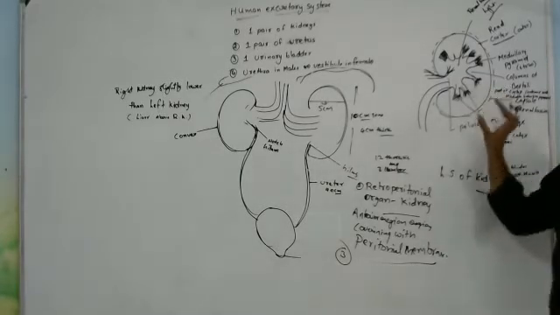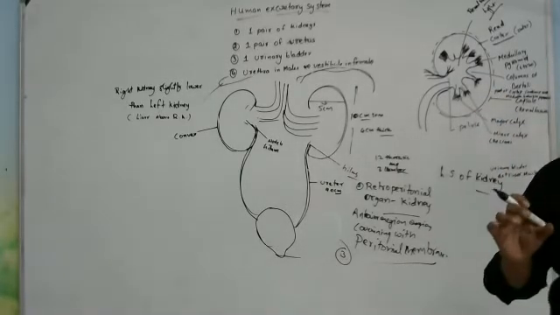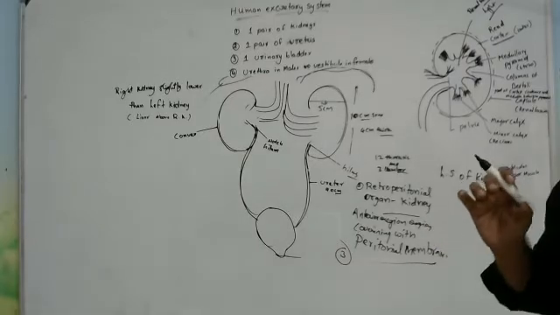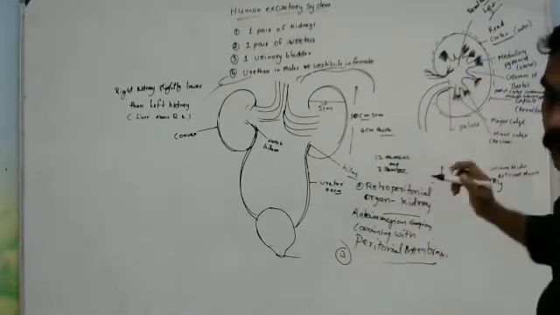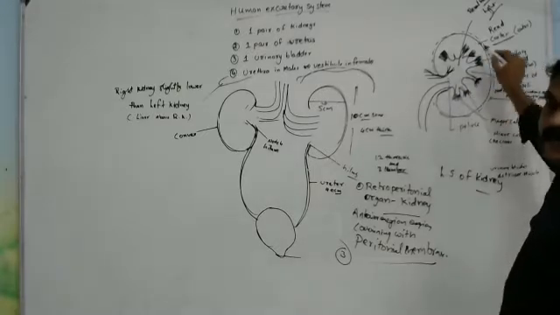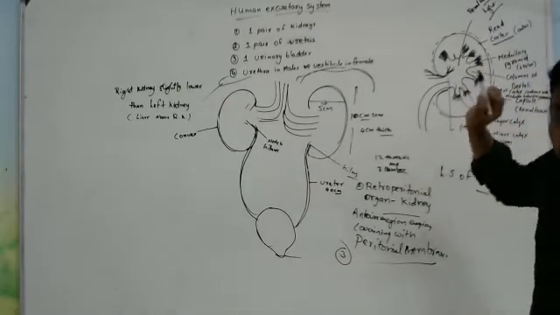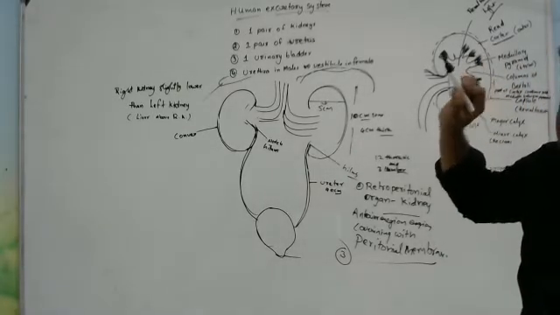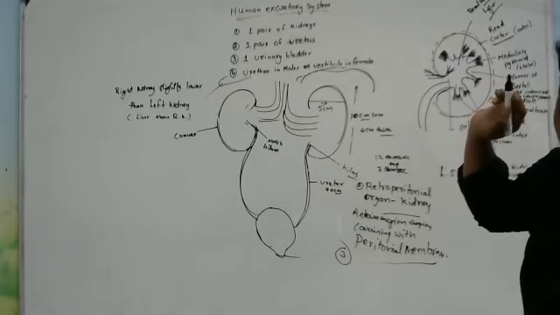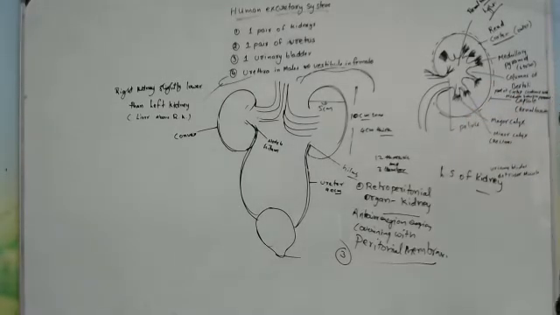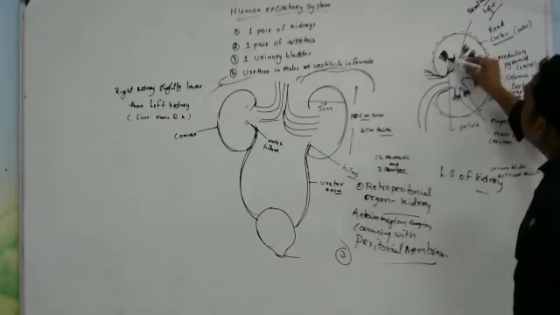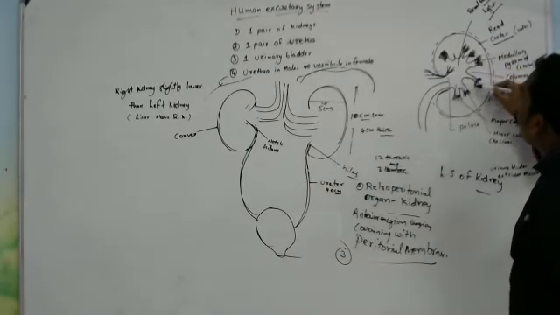In the renal medulla of the kidney, especially if you observe it there, it is lighter in color. This is the middle one, the lighter in color, and the renal medulla is divided into a number of pyramidal regions called renal pyramids. So if you observe it there, these are called renal pyramids.